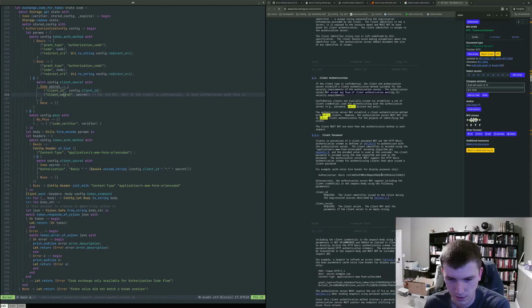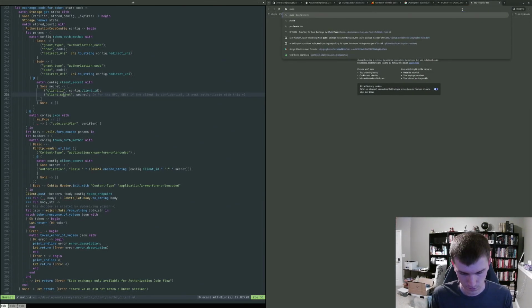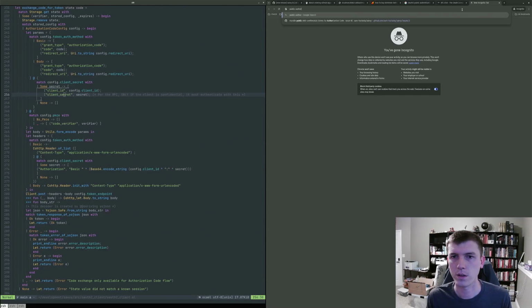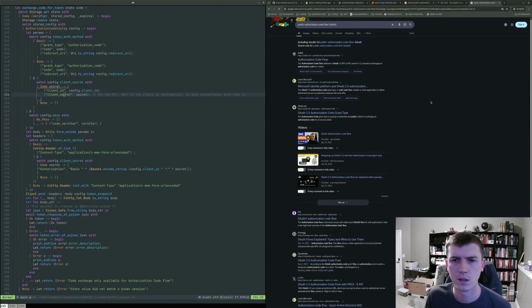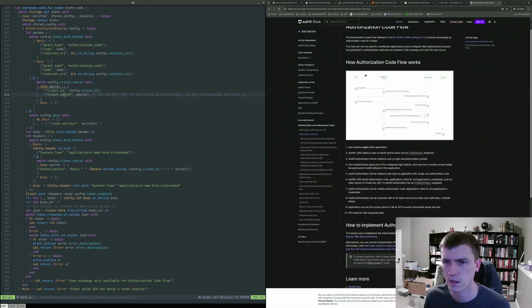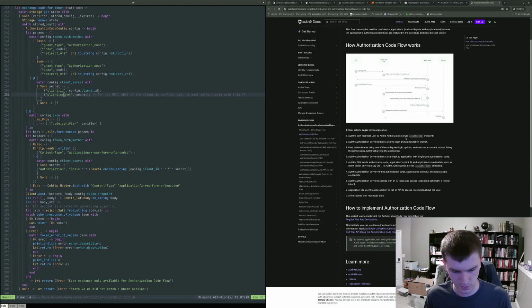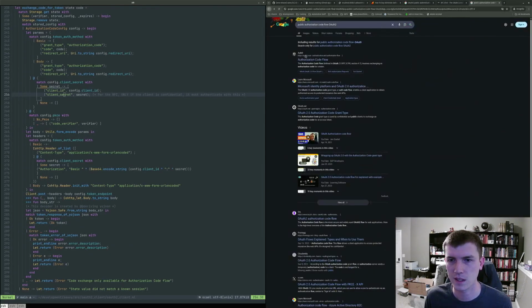Is there a public authentication? Ugh. Public authorization code flow OAuth 2. I don't feel like there is a public version of this. Doesn't really make sense for there to be a public version.